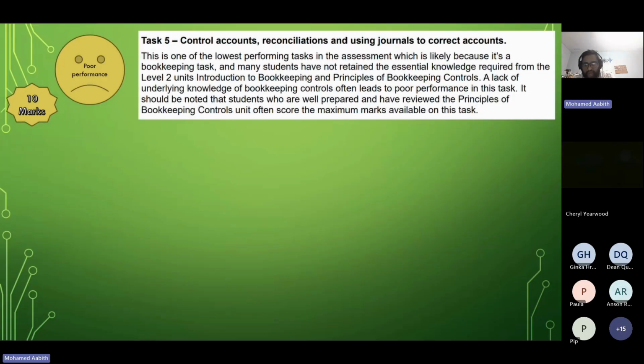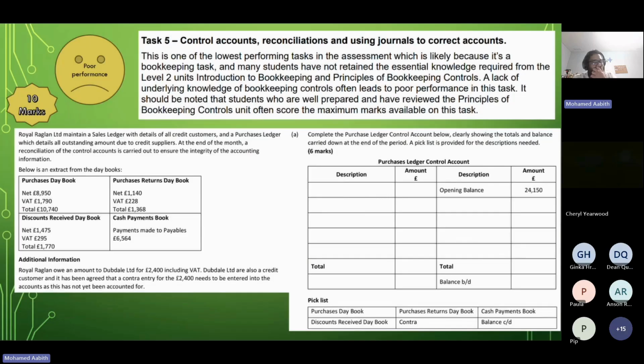So how will a question look on that, because it's a 10-mark question. This is one of those examples. They're saying here, Royal Raglan Limited maintains a sales ledger with all the credit customers and a purchase ledger which details all the outstanding amounts due to credit suppliers. At the end of the month, a reconciliation of the control accounts is carried out to ensure the integrity of the accounting information. So they're giving you here the purchase day book, purchase return day book, then you have the discount allowed day book and cash book payments. So all of that information is given, and they want you to fill out a purchase or payable ledger control account. In this scenario, if students have not learned their bookkeeping unit properly, they will miss out on